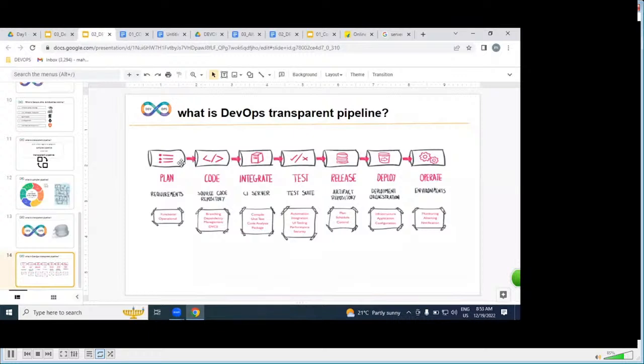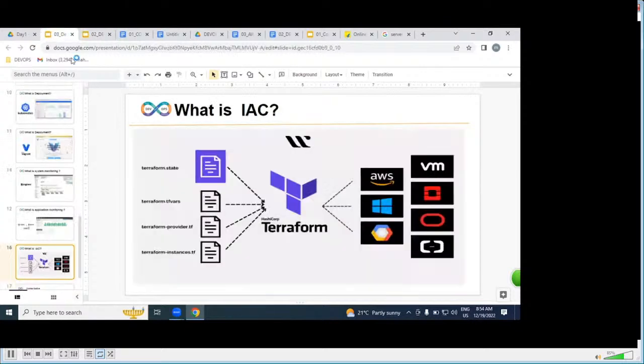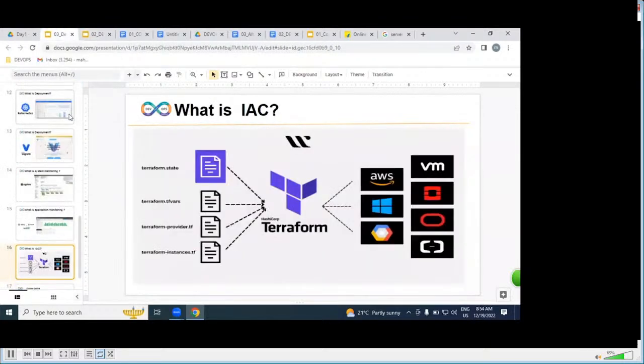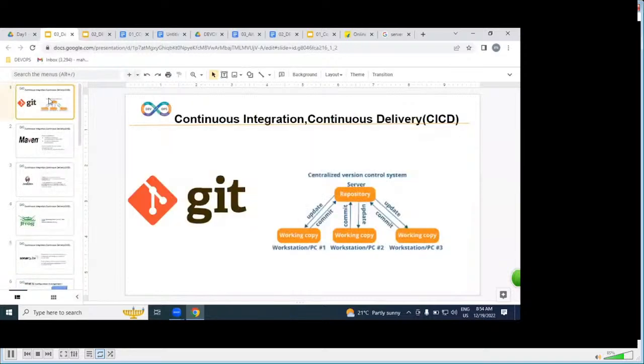How exactly are these tools fitting into this diagram? Let us understand. Firstly, n number of developers are writing code, right? That code is going to be maintained by whom? The DevOps engineer. But the DevOps engineer is going to maintain it using which tool? By using Git. Git is a version control. All developer source code, as a DevOps engineer, we maintain in Git version control.